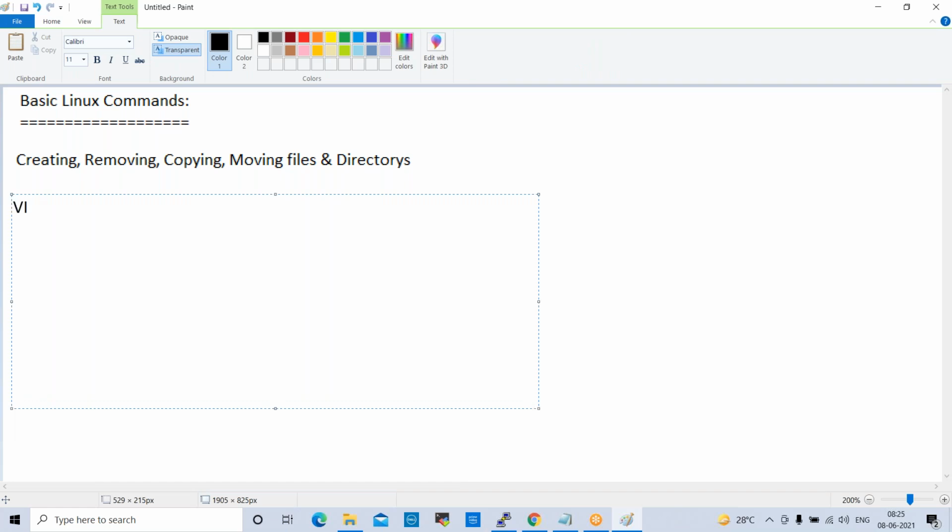vi, vi is the command. vi means Visual Display Editor. We have vim also. vim also is available. vim means Visual Display Editor improved.